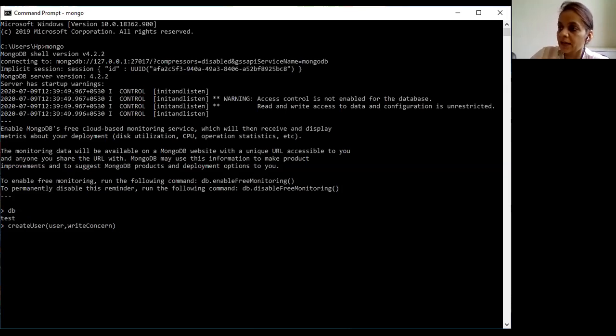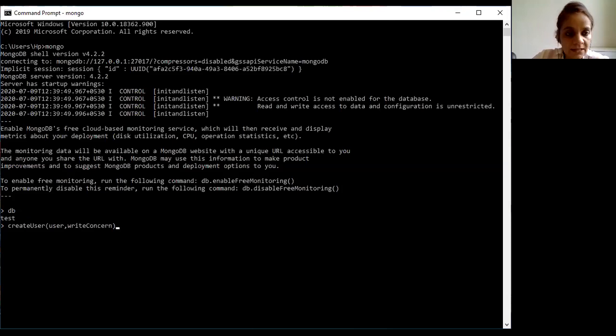It will create a new user for the database on which the method is run. db.createUser returns a duplicate user error if the user already exists. It means if we are trying to create a user which already exists, with the same name, then it will return a duplicate user error.